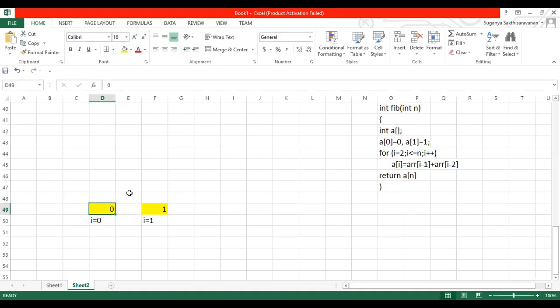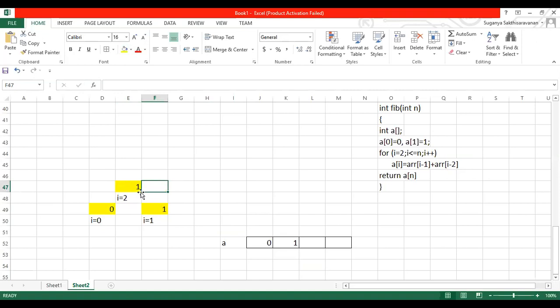So again, what happens when you want to calculate for 2, when your i value is equal to 2? You'll be calculating from these two. Where these two elements will be stored, the same way, again we'll have a table like the earlier one. So we'll have an array with values like 0, 1. The summation of these two, the i minus 1. Right now, i value is 2, right? 2 minus 1 is the first one plus 2 minus 2, which is 0. So you'll be calculating these two values, 2 minus 1 and 2 minus 2, and this value will be stored here. And here we'll have the value 1.